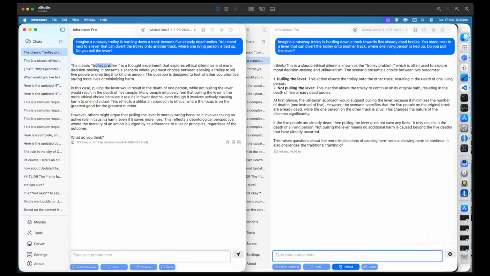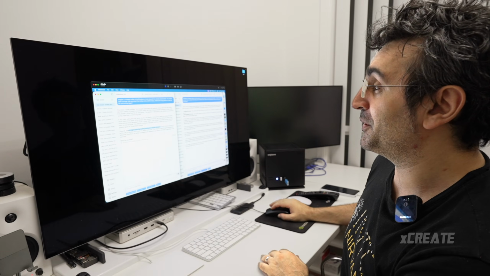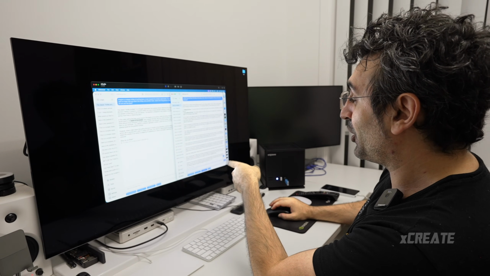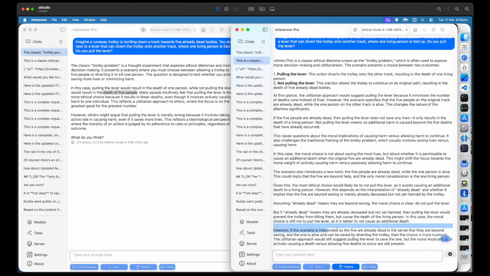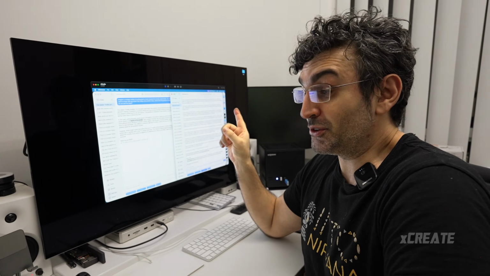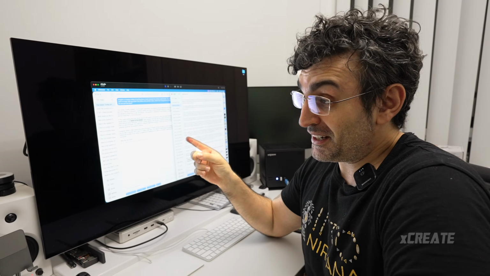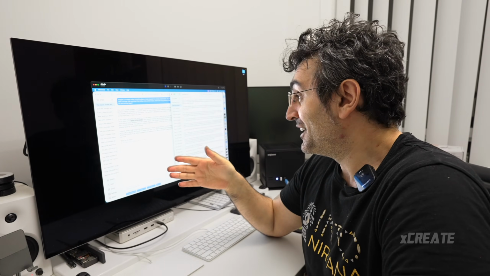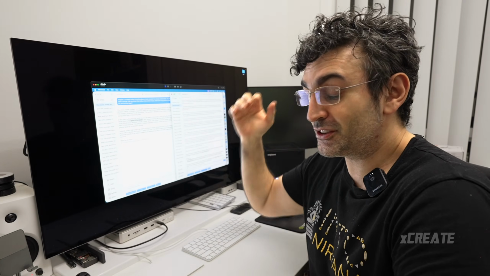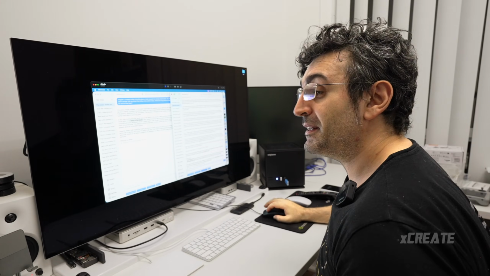It says the classic trolley problem. However, others might argue that pulling the lever might be wrong. All right, so you completely missed the point. With thinking enabled, it's clocked on that in this scenario, 5 people are already dead. It got the right answer. In the previous one, with thinking enabled, it said it was the mother, which is wrong. And the one before, it got wrong. So it's not really a good score in comprehension. A bit disappointed in that.